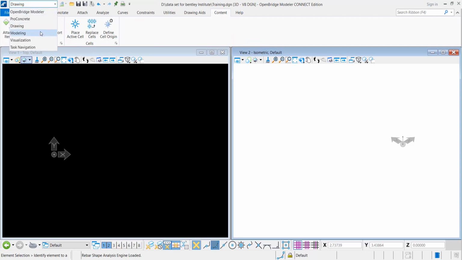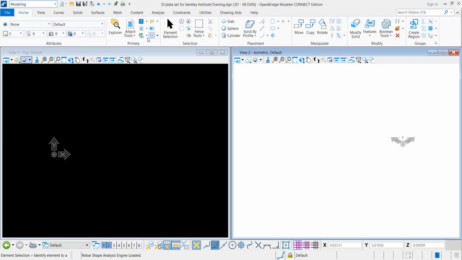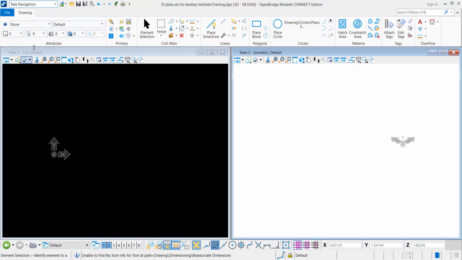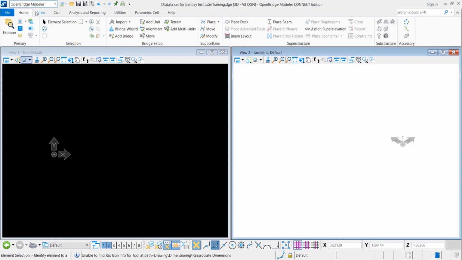So if you go to the modeling tab, there are different options available to set certain selections. And here you can see under the visualization tab, through Luminarity you can set up different properties of concrete as well, and you can visualize it, right? Yeah, there are certain settings of Luminarity. And then under Task Navigator there is also a different tool set. Now coming back to our OpenBridge Modeler, where we'll start creating our bridge model.